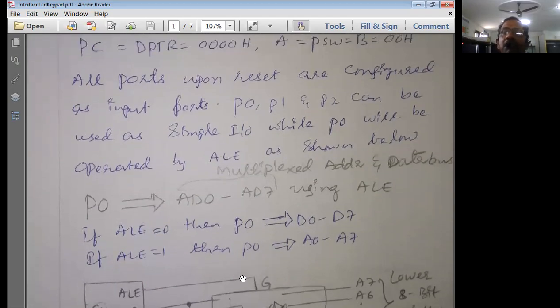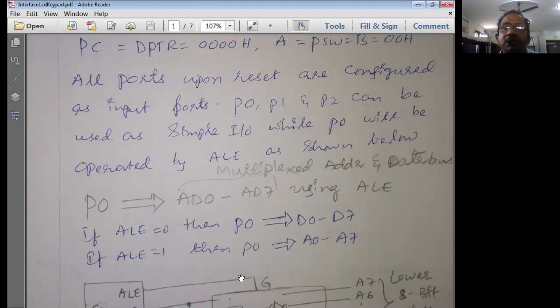That means whenever we want extensibility, whenever you want to extend the memory capability of a microcontroller, in that particular context only we are going to use this ALE pin, because the ALE pin is normally used in the context of connecting external memory to the microcontroller.